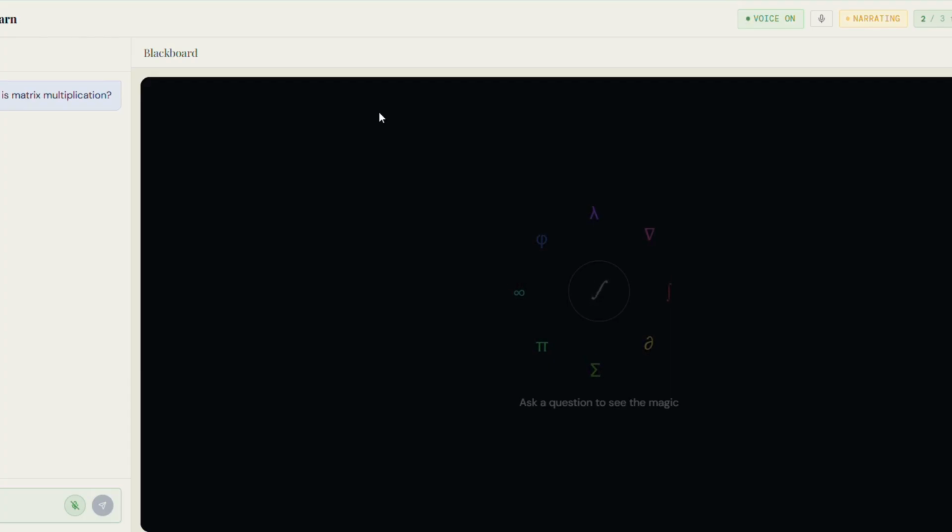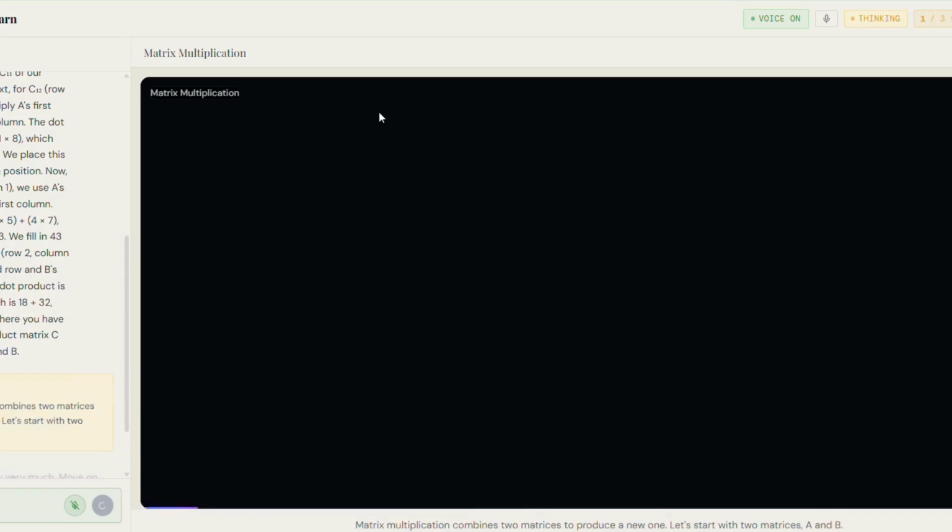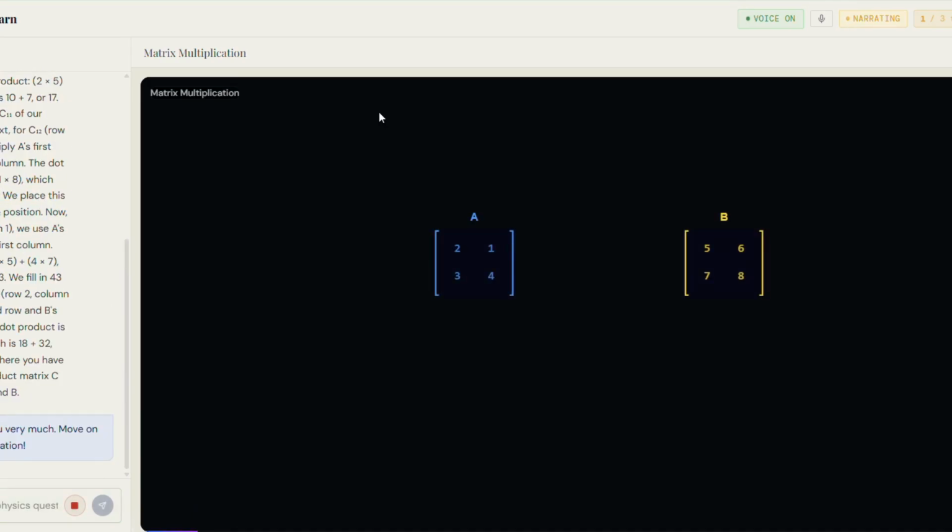Move on to the explanation. You're welcome. To explain matrix multiplication, let's consider two matrices, A and B. If matrix A has dimensions m by n, meaning m rows and n columns, and matrix B has dimensions n by p, meaning n rows and p columns, then their product, matrix C, will have dimensions m by p. Each element in